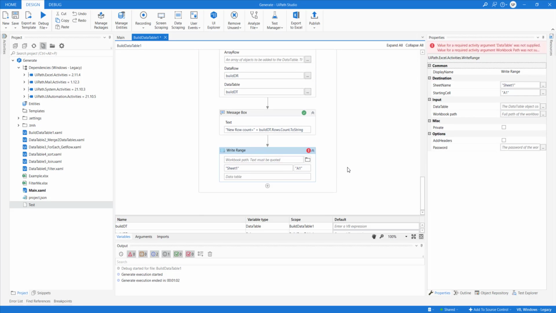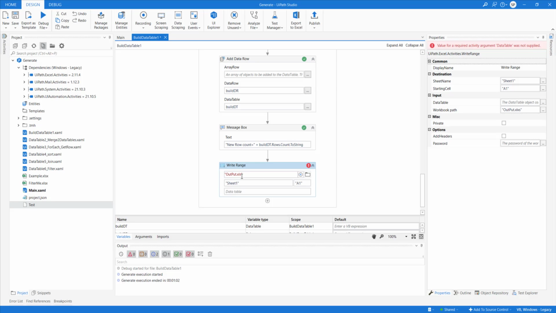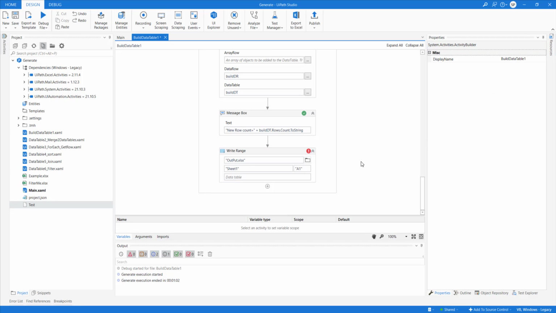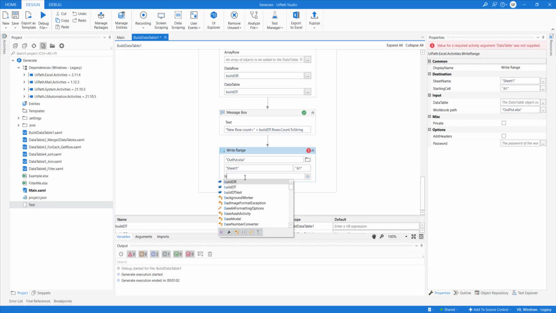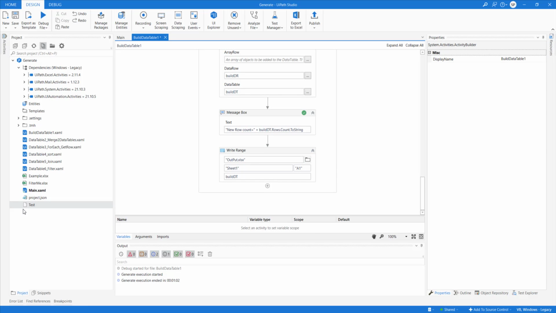There you can create an Excel file out of the data you have, Output.xlsx, and then give the build data table as an example. You can write the data again into Excel, and you should be able to perform other operations using the Excel application as well.